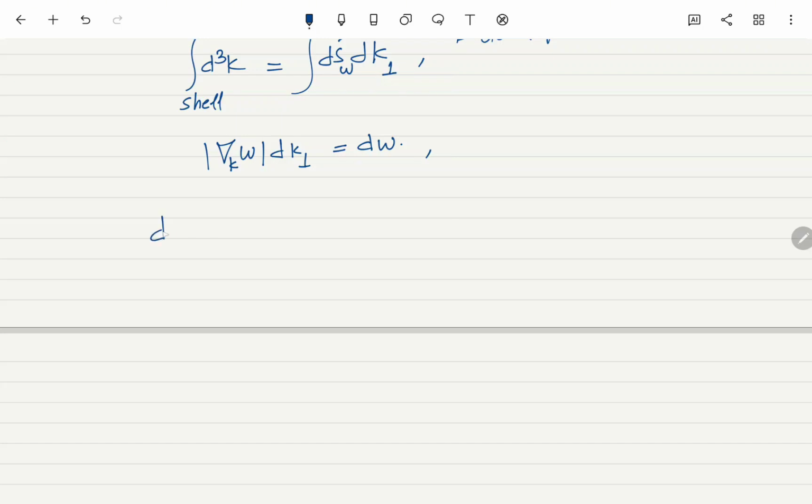Therefore, dS omega dk perpendicular in this case is actually equal to dS omega d omega by the gradient of omega,